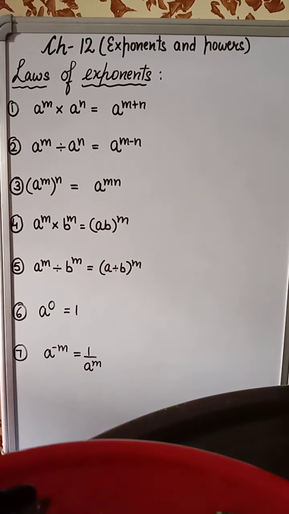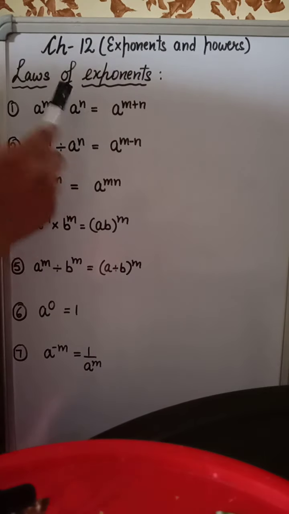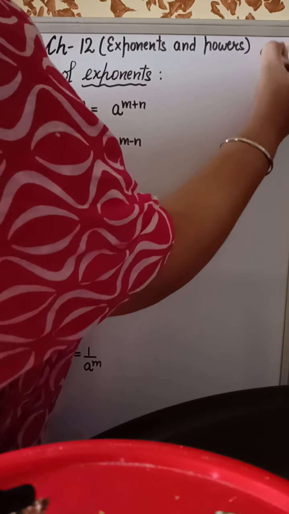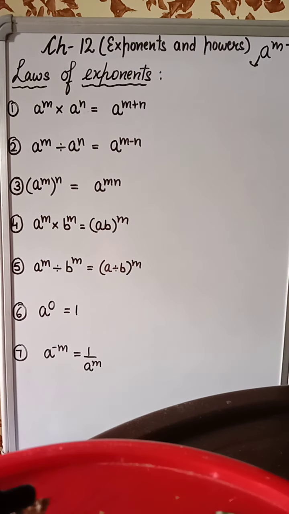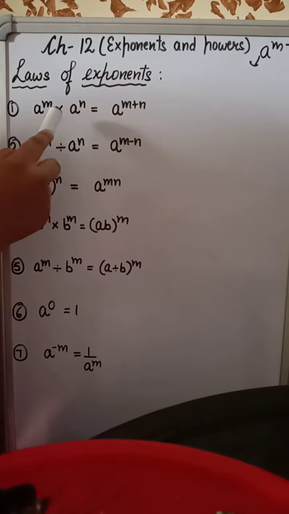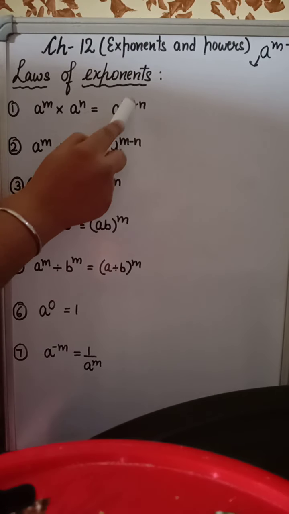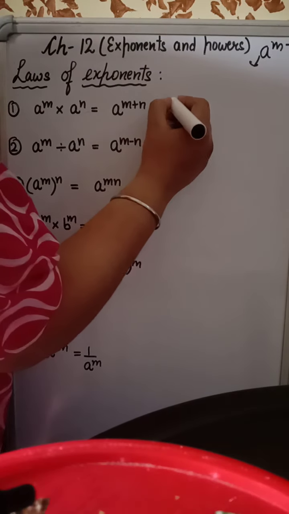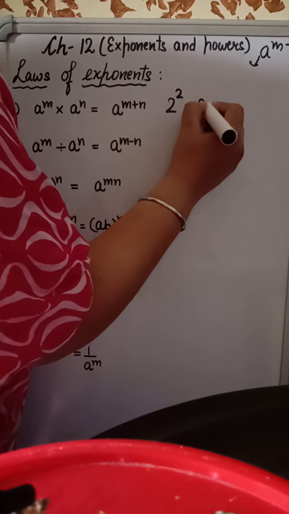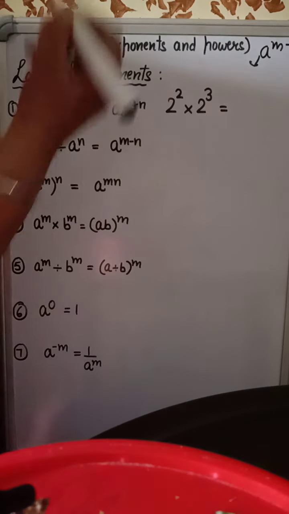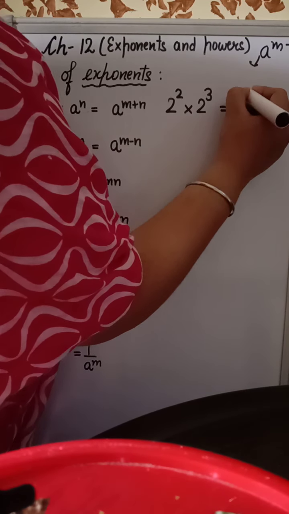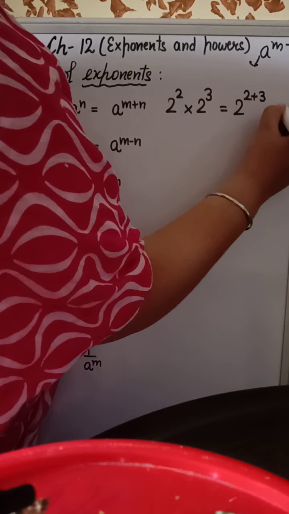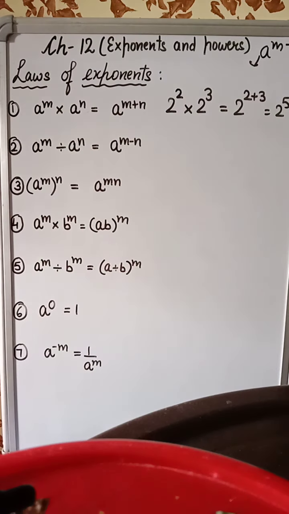The first law is, if the bases are the same, again I want to repeat, if it is a raised to power m, a is the base and m is the exponent, right? So, if the bases are same, in between multiplication is there, powers will be added. अगर किसी भी क्वेश्चन में बेसिस सेम होंगे और इन बिटवीन मल्टीप्लीकेशन होगा तो पावर्स ऐड हो जाएंगे. For example, 2 raised to power 2 into 2 raised to power 3, this comes out to be 2 raised to power 2 plus 3, that is 2 raised to power 5, right? Bases same, in between multiplication powers will be added.